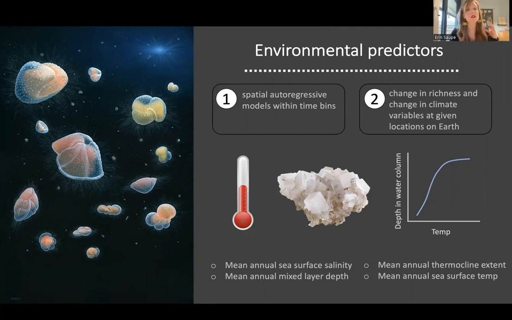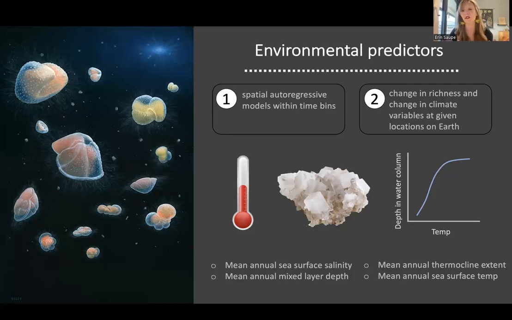So in the first modeling approach, we modeled richness as a function of 4 variables: mean annual sea surface salinity, mean annual thermocline extent, mean annual mixed layer depth, and mean annual sea surface temperature within 2.5 million year time bins. And to do this, we use spatial autoregressive models, and we wanted to see which of these variables were